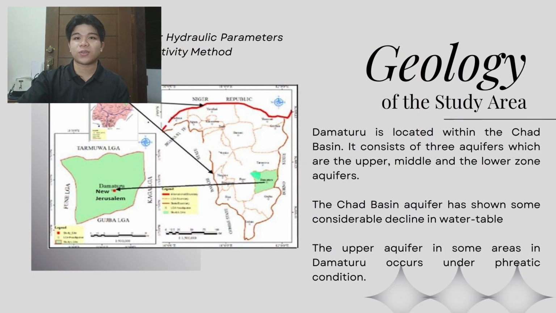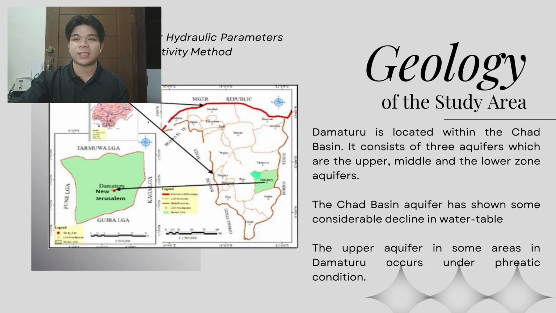The study area is located within the Chad Basin, which extends across Chad, Nigeria, Cameroon, Central African Republic, and Niger. Approximately 10% of the basin is situated in northeastern Nigeria, covering parts of Borno, Yobe, and Jigawa states. The Chad Basin resulted from the plate divergence along the West Africa continental margin, a process involving regional thermal doming,